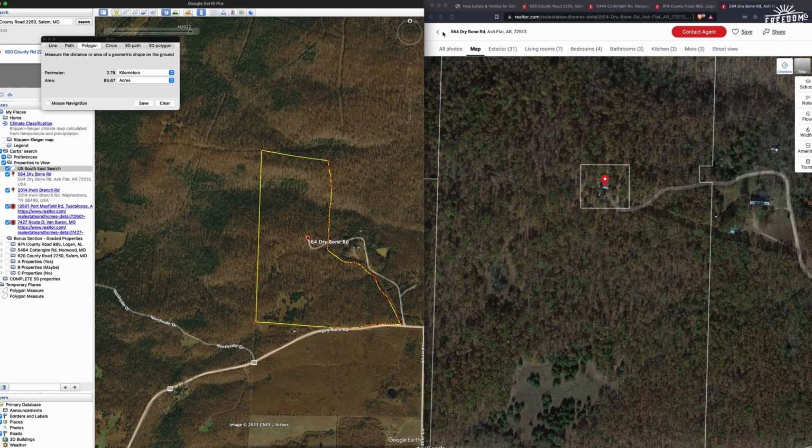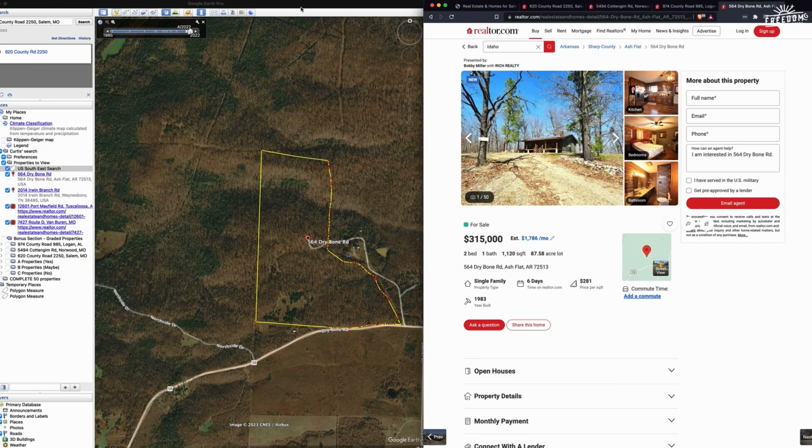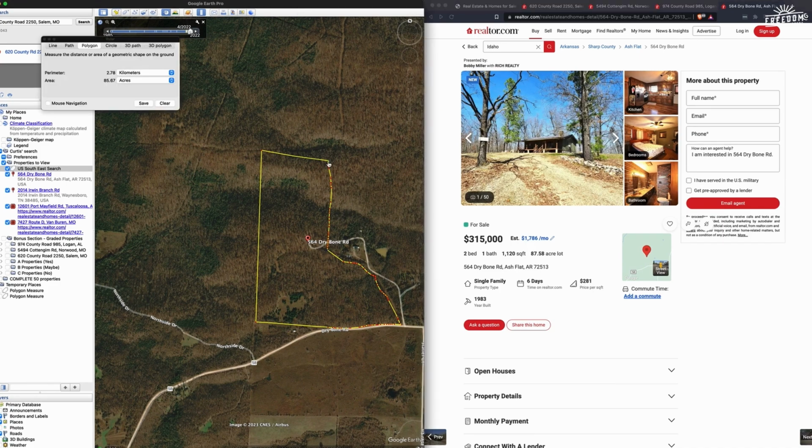But let's just go Ash Flat. Is it 88 acres or is it? Yeah, this is going to be close. Maybe go up there. Yeah, I bet you that's what it is. But all it takes is, you know, if I wanted to go further, this is good enough for me to